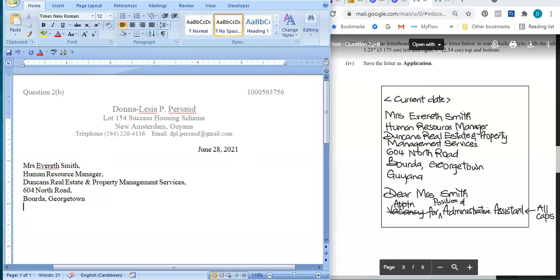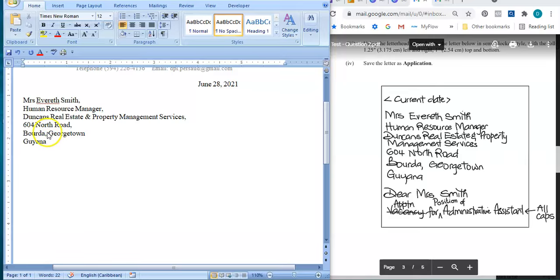and because the comma is there in the middle, I don't need to put one at the end. Guyana. And we do not need to put a comma here. It will normally be a full stop, but because we're not doing the indented style, we can leave that out. Alright, maybe some of you would have written the Georgetown below the Berbice, and put a comma there. That's okay as well. Alright, so we move on, a double space, and then I'll write now my